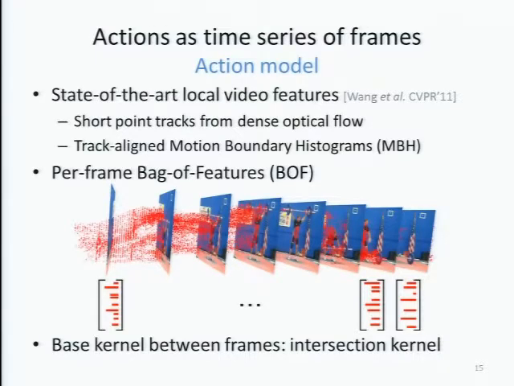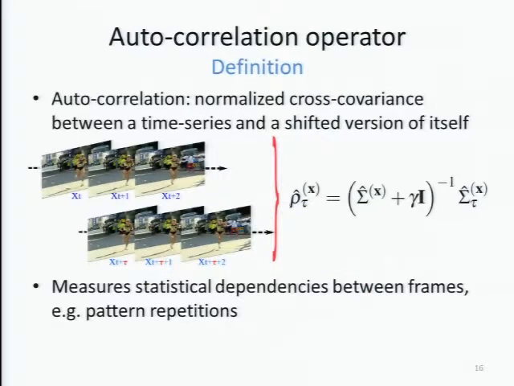Okay, so basically you just have a time series of bag of features. Each frame is represented as a bag of features, but it doesn't really matter. You could use the pose estimation we've seen before and have a tree representing every frame. What I will show you only needs one thing: a basic means to compare two frames. So here, as they are histograms, we're using a basic kernel on histograms, the intersection kernel, but you could use anything you want. Okay, so we represent the dynamics of one action, so of one time series, using its autocorrelation operator.